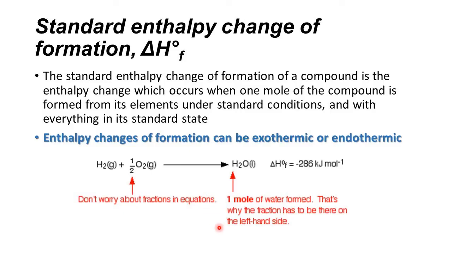Now, this is the standard enthalpy change of formation of water. Water is H2O. How many different kinds of elements are there? Two different kinds. One is hydrogen, one is oxygen. From those two, it has to form. Definitely, from hydrogen and oxygen, it has formed. Therefore, this reaction is called the standard enthalpy change of formation of the water molecule. One molecule is formed from its constituents. So, how much energy is given out? It is minus 286 kilojoules per mole. So, this is known as the standard enthalpy change of formation.